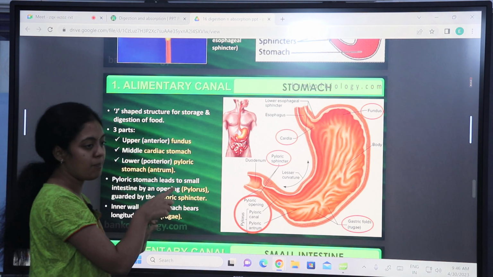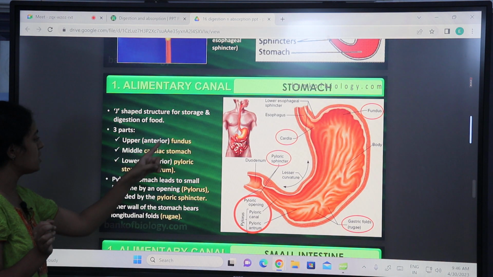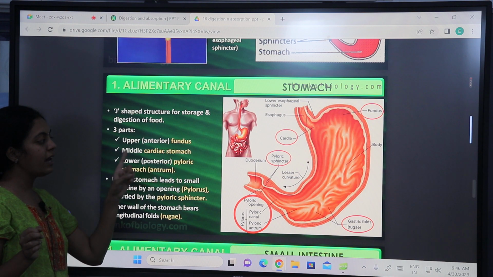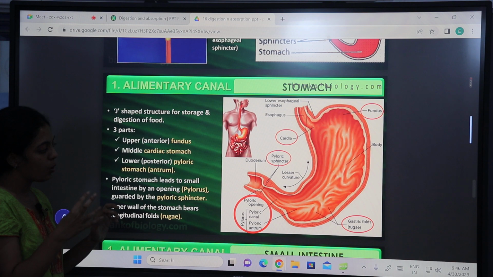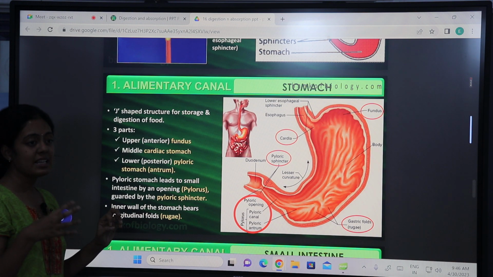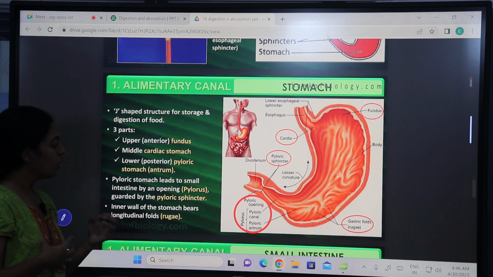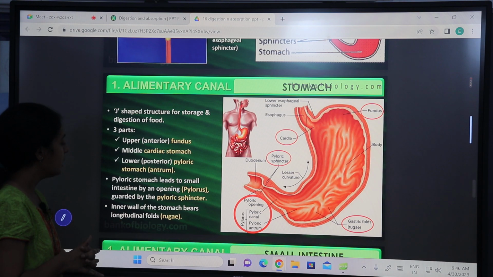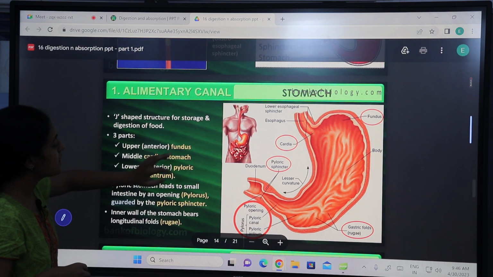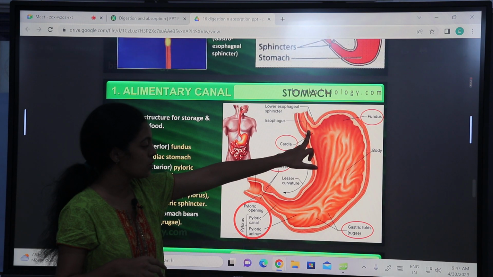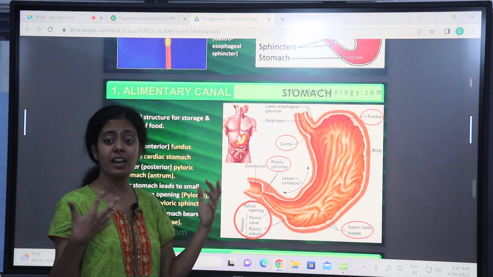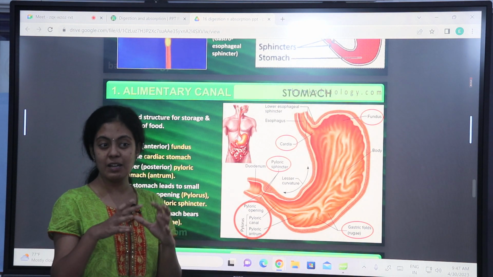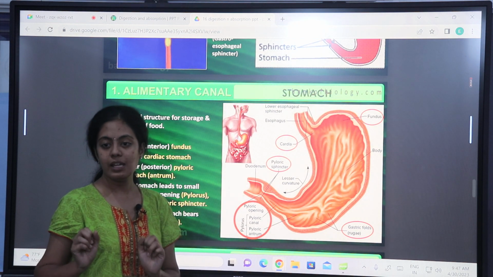The stomach is a J-shaped bag-like structure. It has three portions: fundic, cardiac and pyloric stomach, okay? And the stomach is made up of numerous infoldings called rugae, which increase the surface area of the stomach, sorry, yeah. So why do we call this the cardiac stomach? Because it is very close to your heart, okay? Sometimes people don't know the difference between gastritis and heart attack, because they find the pain very similar to each other, okay?